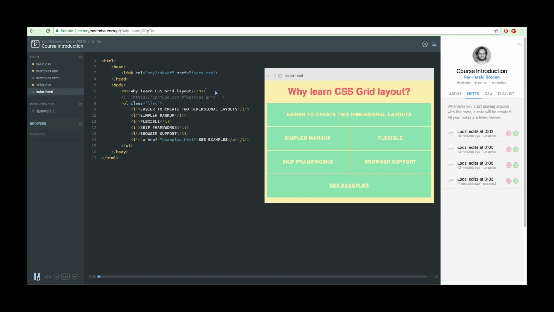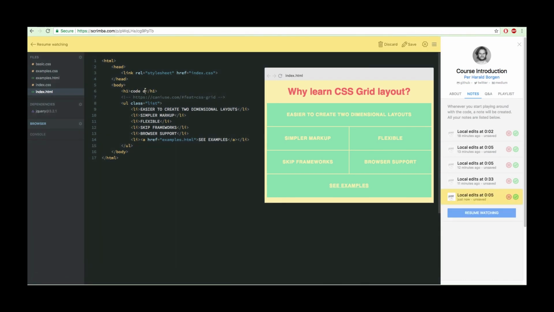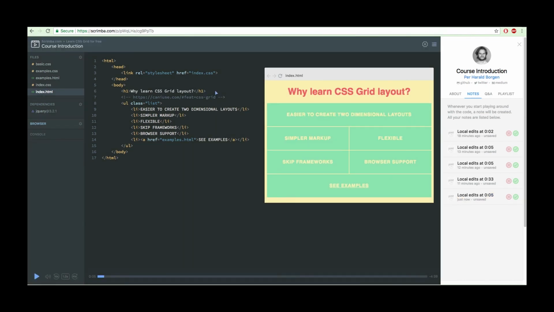Hey, and welcome to this free course on the CSS Grid layout module. But at any time, you can pause the screencast and edit the code in the screencast. Then go right back into watching the screencast. CSS Grid is actually